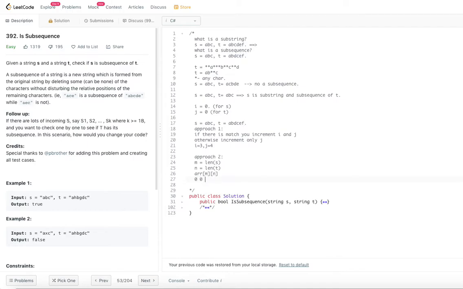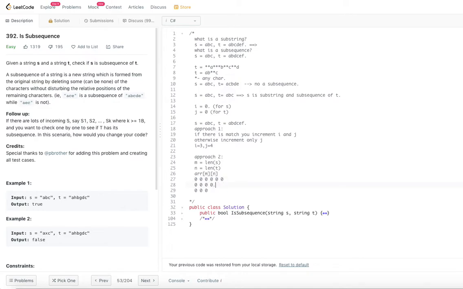So this will be our array, m by n. What we are going to do here is initialize this array with all zeros.